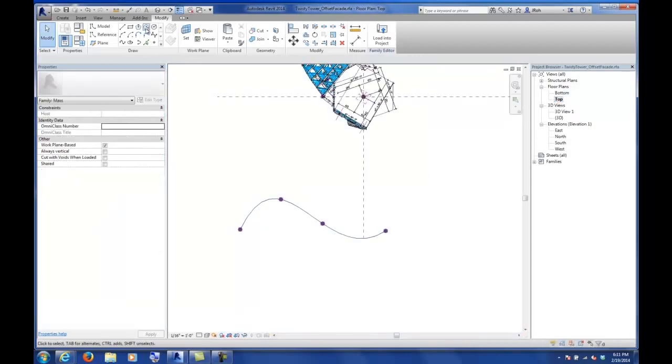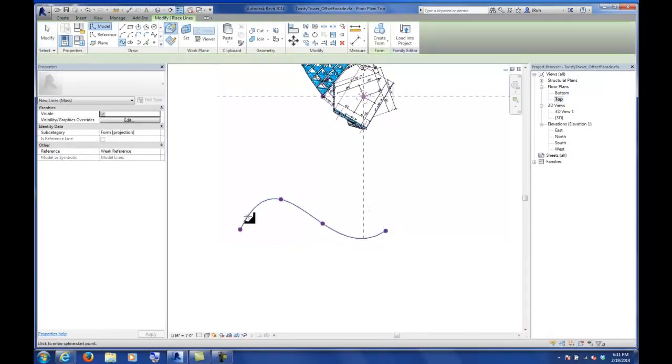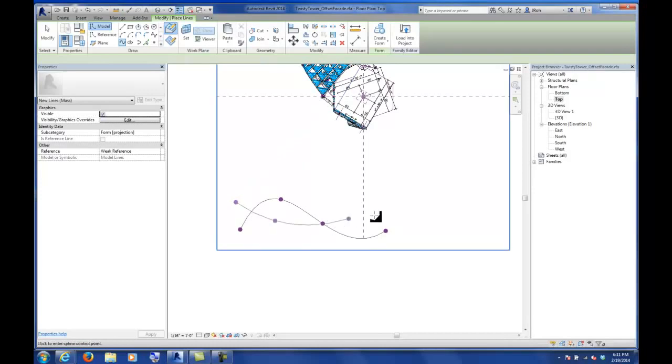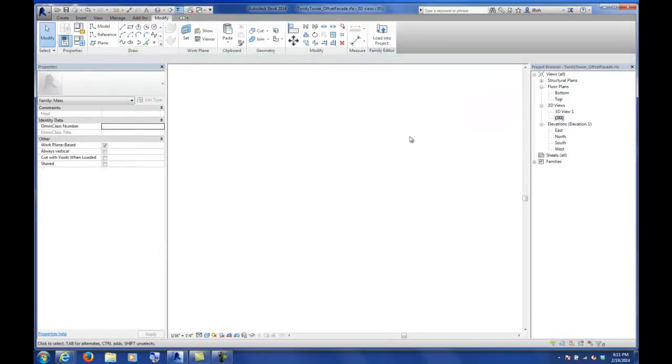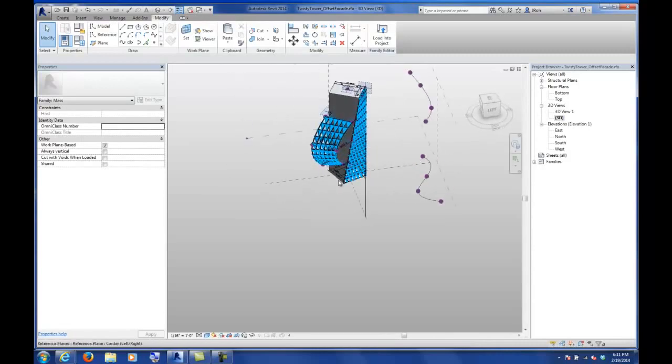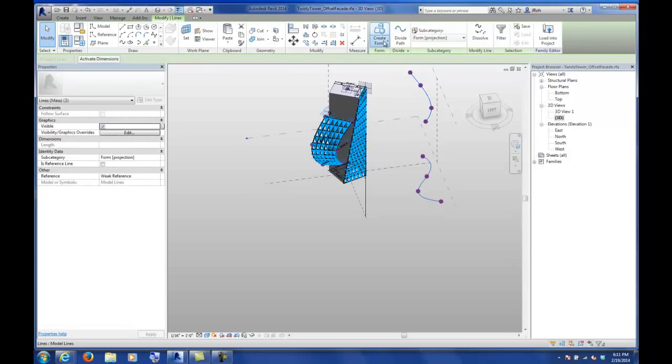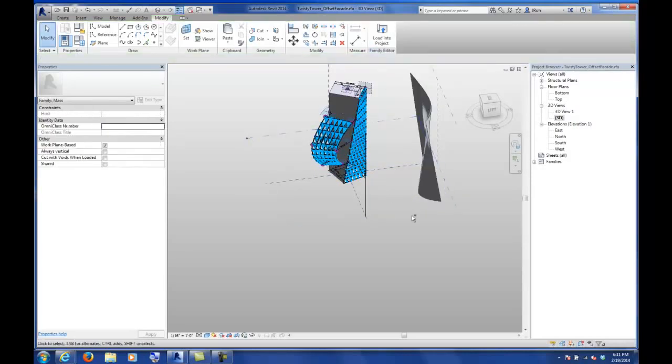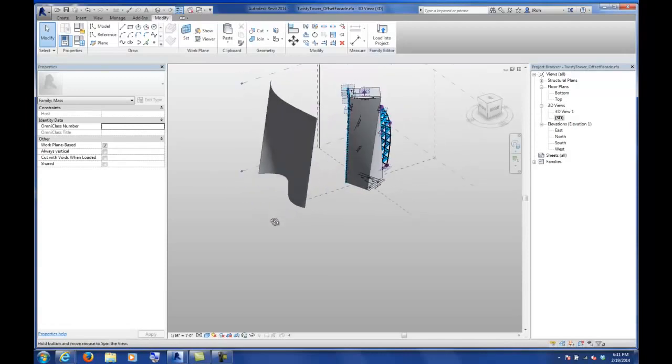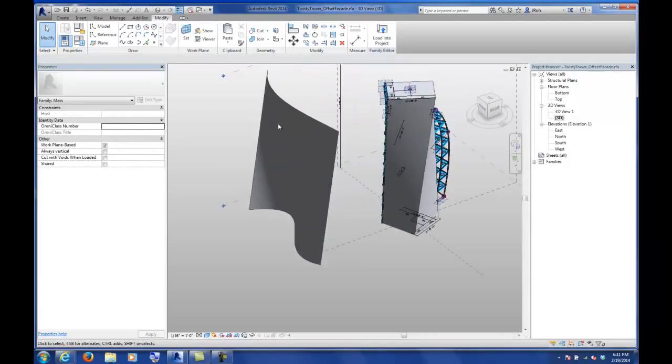I'm going to make another squiggle line and do something different. And all I'm doing is making these two profiles that I'm going to loft together. I'm just doing this as another form. I could have done this on the tower if I wanted to. But once I have some kind of geometry or form, I can actually